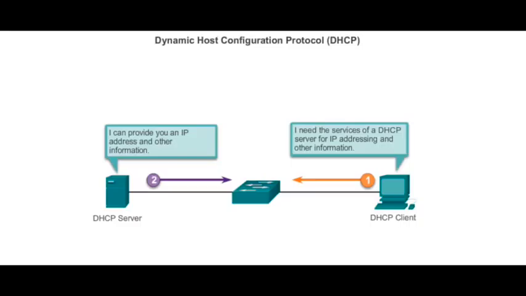DHCP version 4 assigns IPv4 addresses dynamically. However, in a small branch or SOHO location, a router can be configured to provide DHCP version 4 services without the need for a dedicated server. The Cisco IOS feature called EasyIP offers an optional full-featured DHCP version 4 server, which includes 3 different mechanisms for IPv4 address